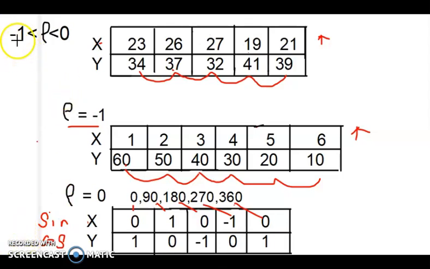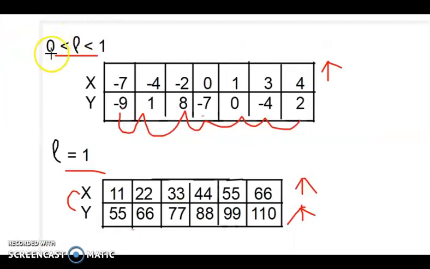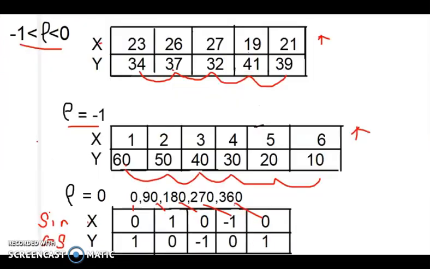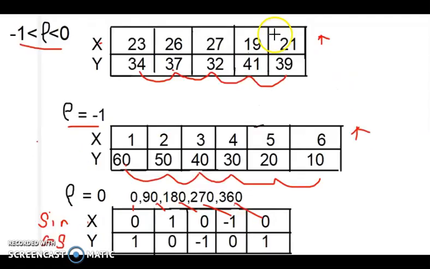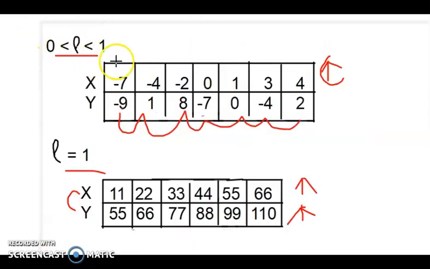If we want a range between 0 and -1 or 0 and +1, I can put one set of data in increasing order and another set of data in mixed order. If we put it in mixed order, we get either a 0 to -1 range or a 0 to 1 range.